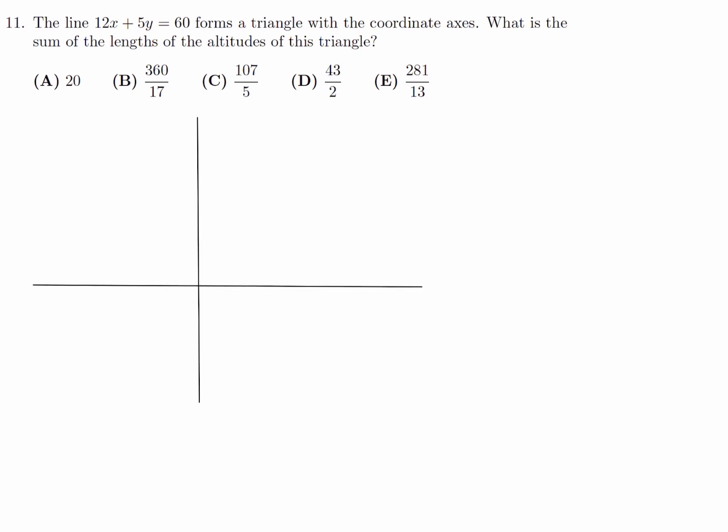Well, the line obviously will be something like this, and from that equation you can very quickly figure out the x and y intercepts. When x is 0, y is 12, so this is 12 right here, and when y is 0, x is 5, so that's 5 right there. So since this is a right angle, one altitude is 5 and another altitude is 12. So the sum of the altitudes are 12 plus 5, but then we've got one more altitude, and that altitude